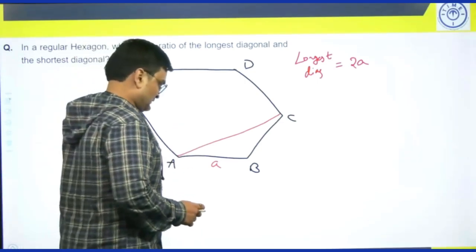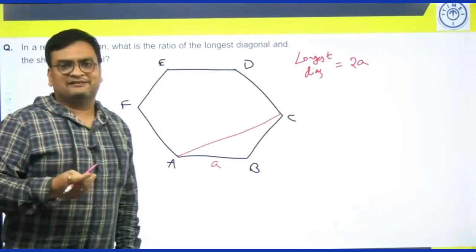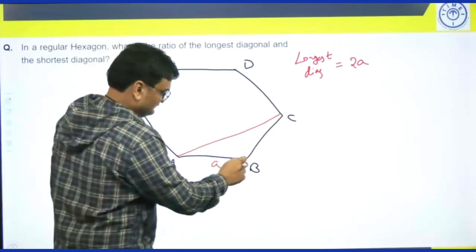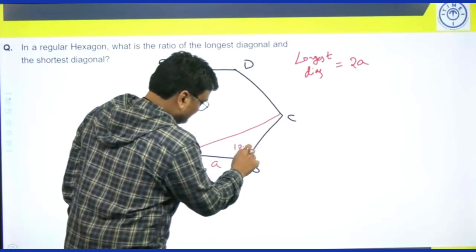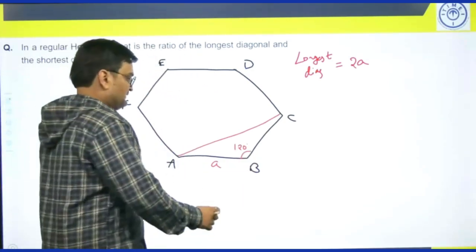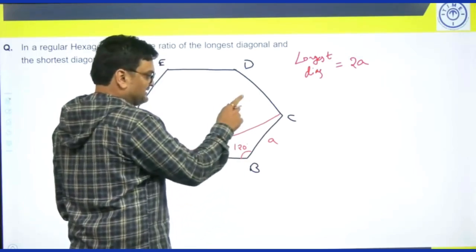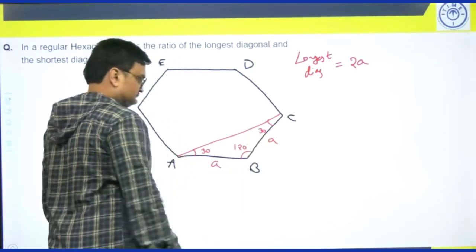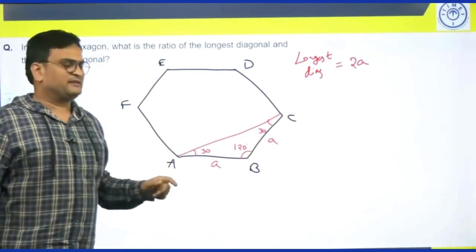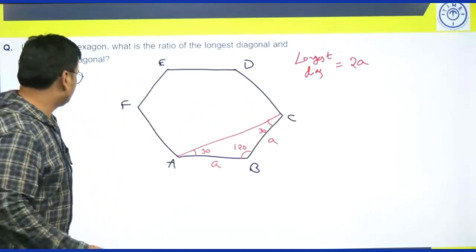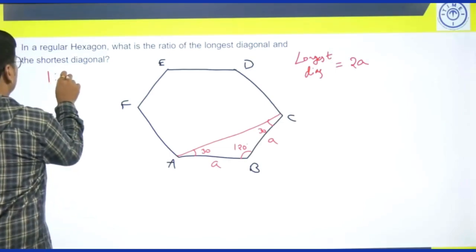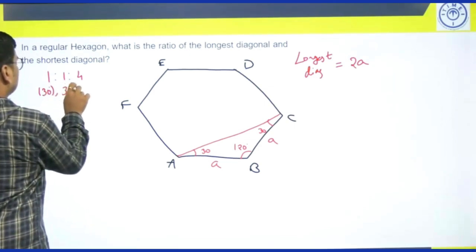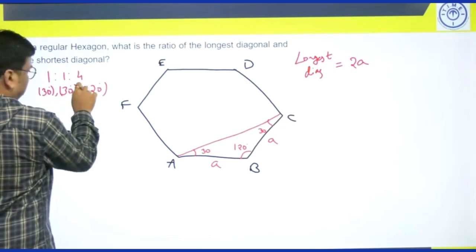Please notice again. We know that each exterior angle in a regular hexagon is how much? 360 by 6, which is 60. So each interior angle will be 120 degrees. This is side length A, this is also A. So that means triangle ABC is isosceles. So these two will be equal, 30 degrees each. So either you can use the cosine rule here to find AC, or there is a property that we have. The property is, if angles are in the ratio 1:1:4, that means 30 degrees, 30 degrees and 120 degrees, the one that we have here,